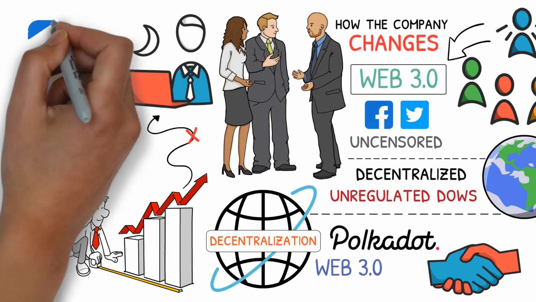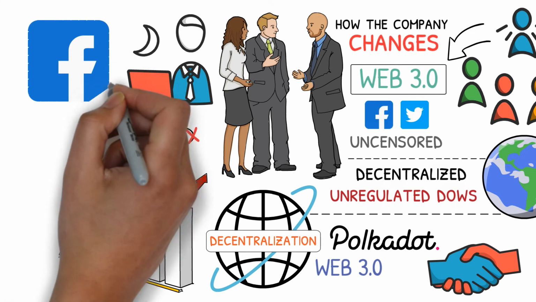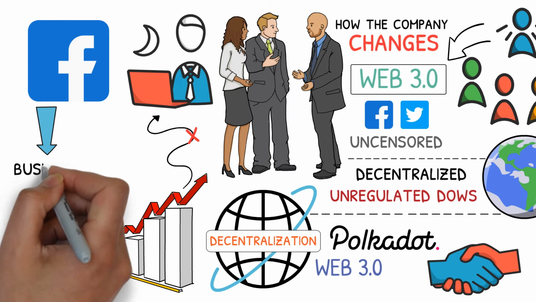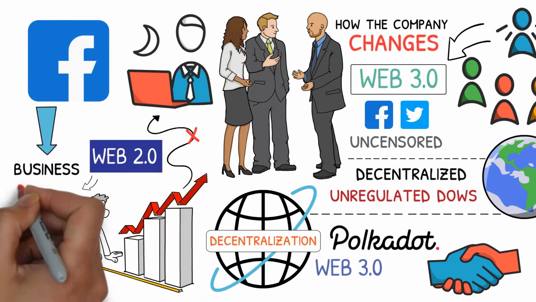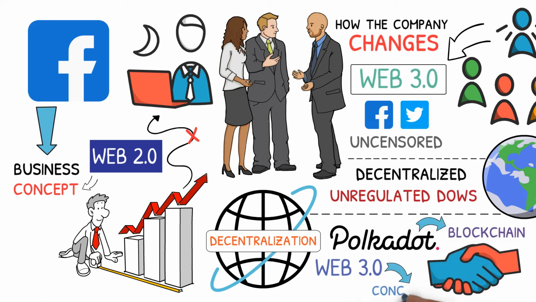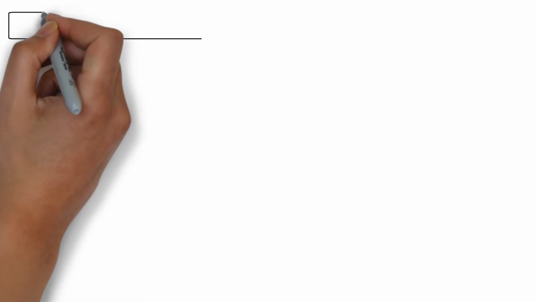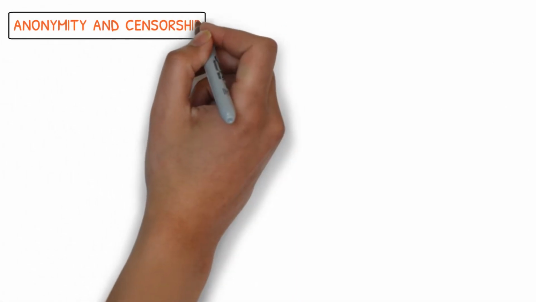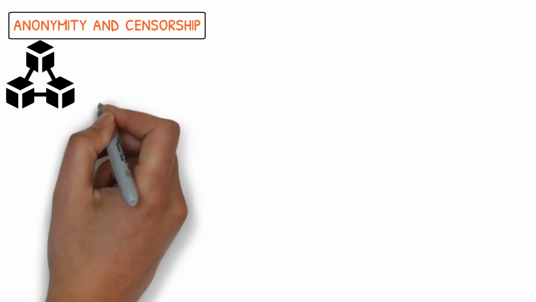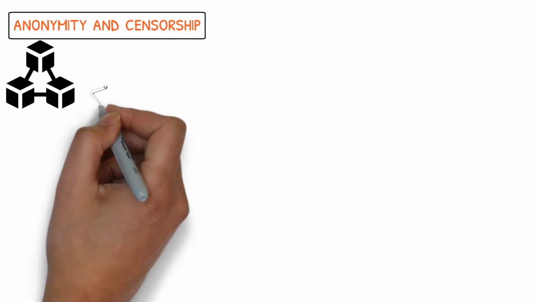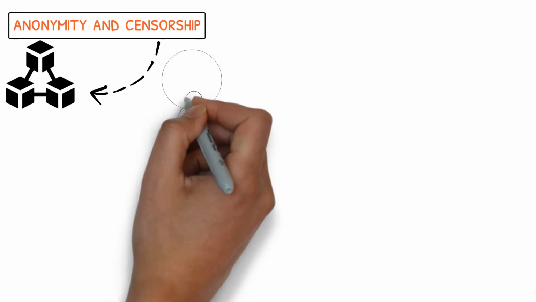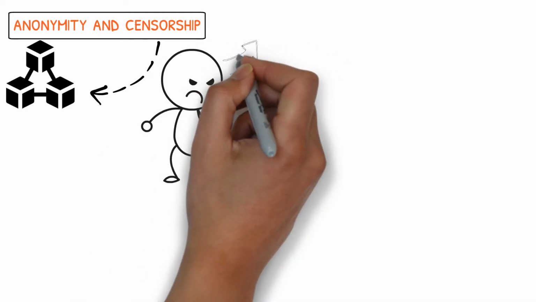This would be similar to Facebook purchasing a Web 2.0 foundation and claiming to be the ones who started it. Facebook is a business, whereas 2.0 is a concept, in the same way that Polkadot is a blockchain and Web 3.0 is a concept. There are also concerns about anonymity and censorship. Nothing would be anonymous if the whole internet ran on Web 3 blockchain architecture and everything was irrevocably put into the blockchain. For some, this is good, but not for those who need to remain anonymous for their protection.